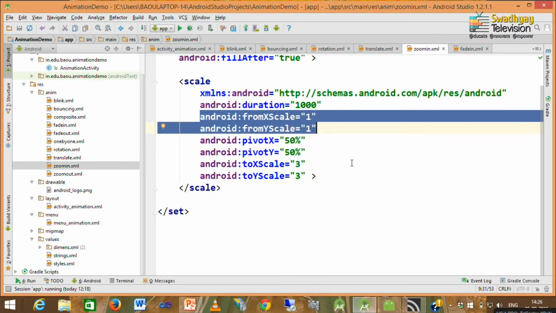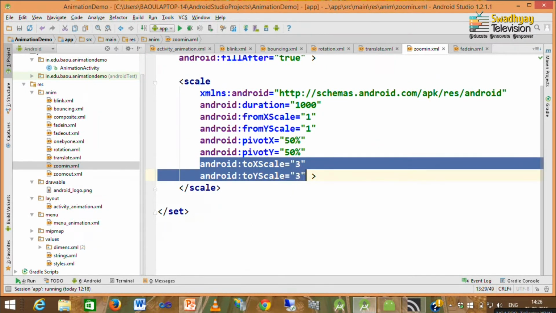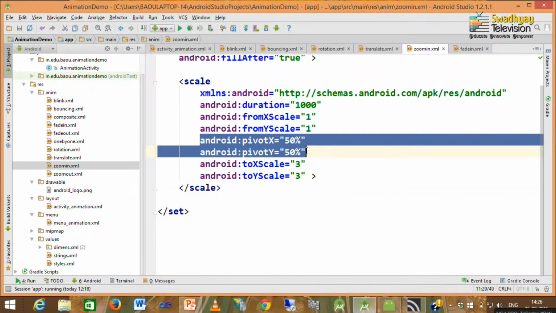So, I specify 1, which means original size, and to scale is 3, which means its size is 3 times at the end of animation, and pivot x and pivot y again specify the center of the image view. So, our object is zoomed from original size to 3 times larger with respect to the center of our image view.